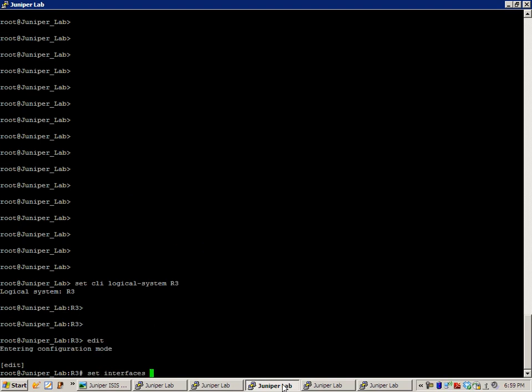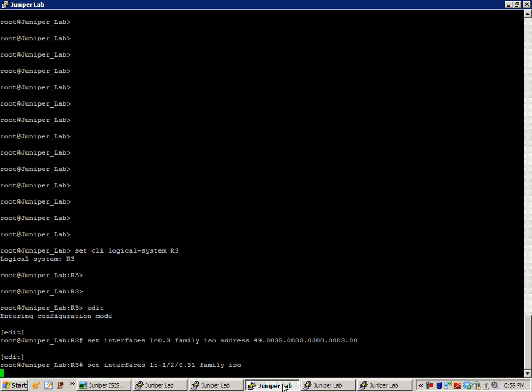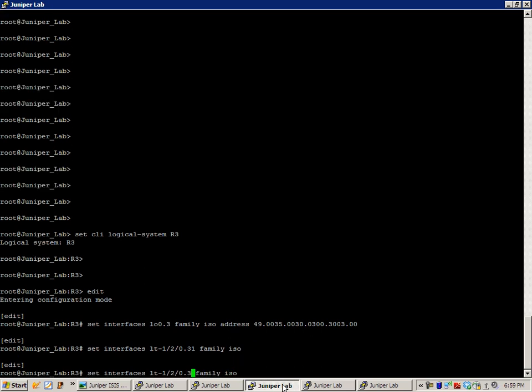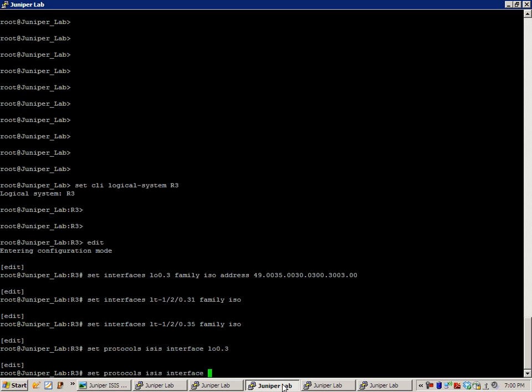So in R3 we'll do set interfaces loopback 0.3 family ISO address 49.0035.0030.0300.3003.00. We'll do set interfaces logical tunnel 120.31 family ISO. That is for ISIS, and then 35. That's the connection to router 1, and I'm sorry, router 5. Set protocols ISIS interface loopback 0.3. Then we want to do